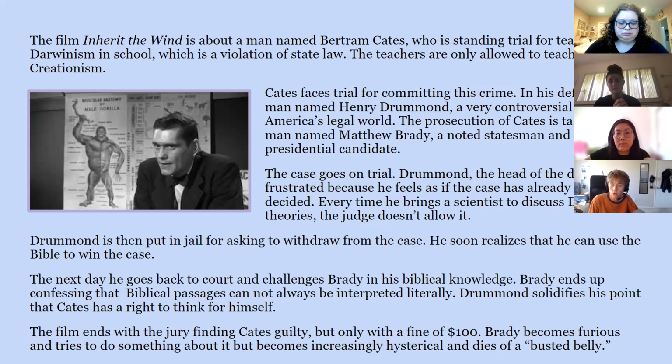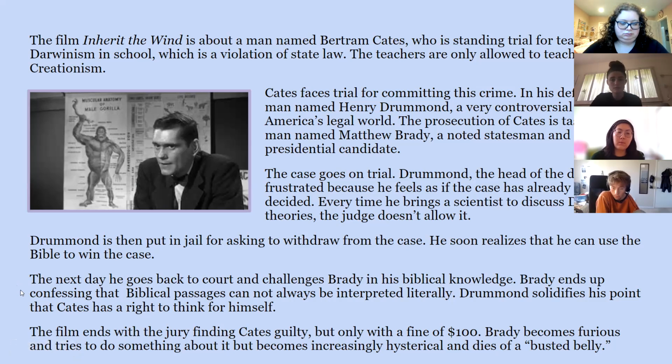Drummond, the head of the defense, is frustrated because he feels as if the case has already been decided. Any evidence he brings in, such as a scientist, to discuss Darwin's theories, the judge won't allow it. He's asked to withdraw from the case and ends up being put in jail. Through a couple various things in jail, he kind of asks for a miracle, and so they throw a Bible to him, and he smiles and finds some evidence within the Bible to be able to help his case. So the next day, he goes back to court and challenges Brady in his biblical knowledge, and Brady ends